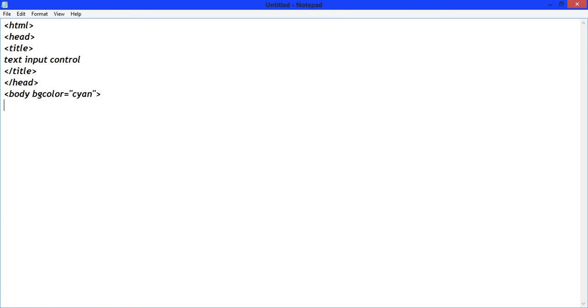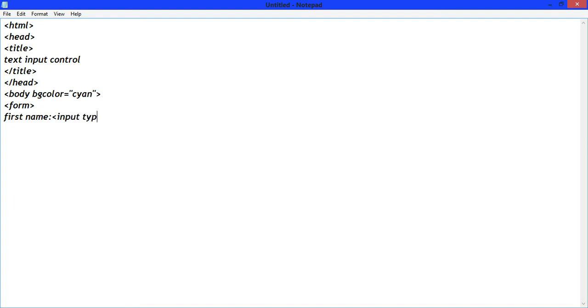Now open the form tag and write first name, and then write the input tag.